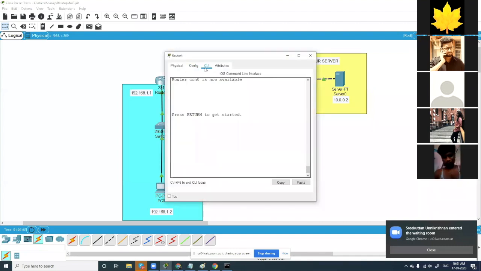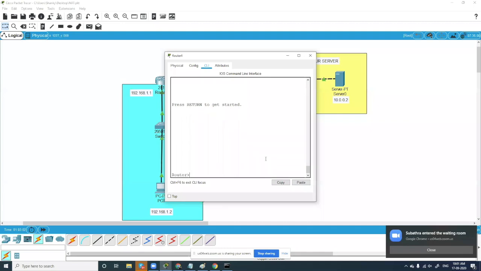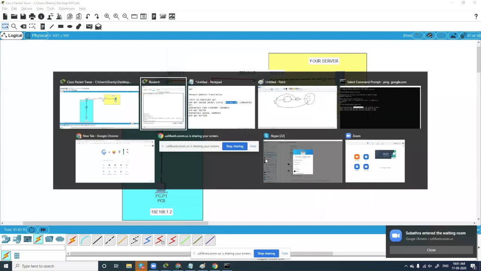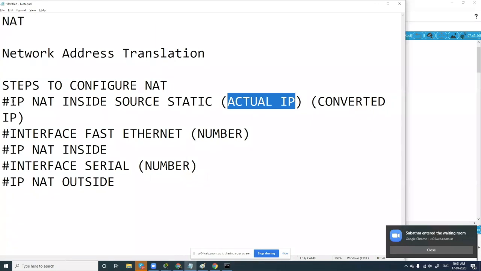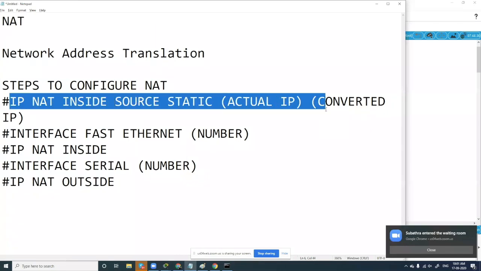So I'll go to the command line, enter enable, conf t. Yes. Now, what is the first step? The first step is to type ip nat inside source static. What is the actual IP address and what is the converted IP address?